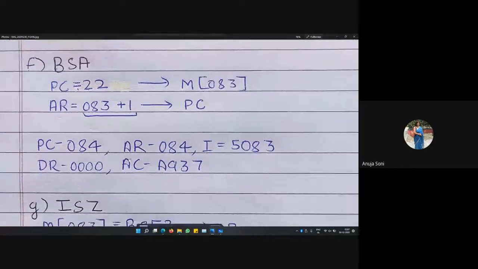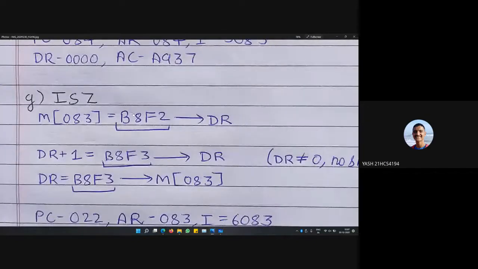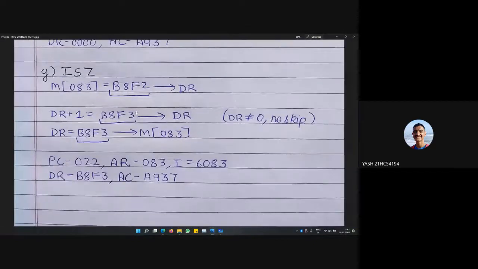Very good. Okay. The last one in this question is increment and skip if 0. The value at the memory address, here memory address 083, if it is 0 after incrementing, then we skip, that is, we change the content of PC.